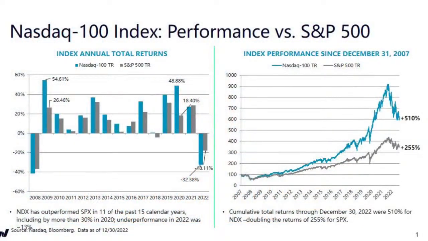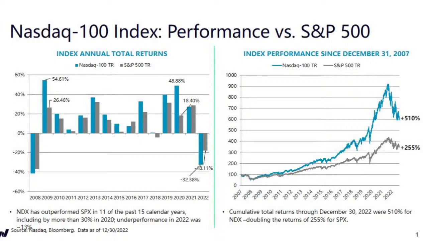Thanks so much, Jill. Great to be with you as always. If this holds up for how January is turning out through the end of the month, we're going to see a pretty nice start to the year. Of course, last year was tough for the regular old market cap weighted Nasdaq-100 index, the NDX, down just over 32% on a total return basis. That's about 14 percentage points worse than the S&P 500. You can see on this chart of annual returns going back to 2008, that's by far the worst performance disparity we've seen.